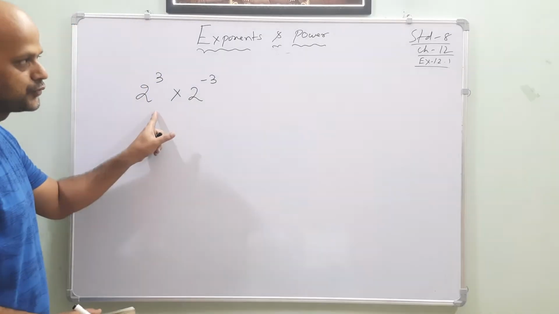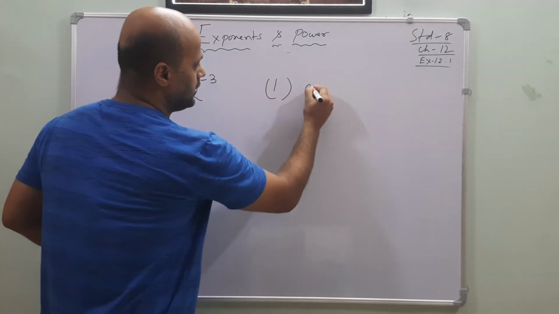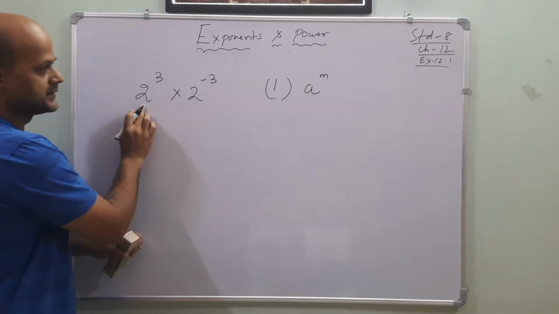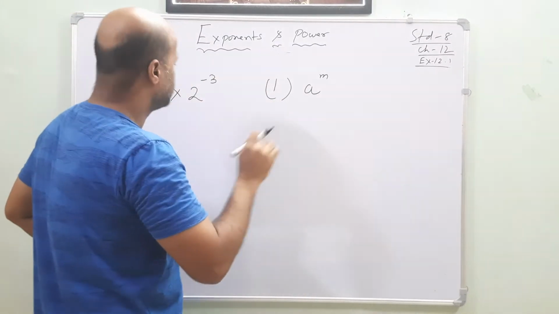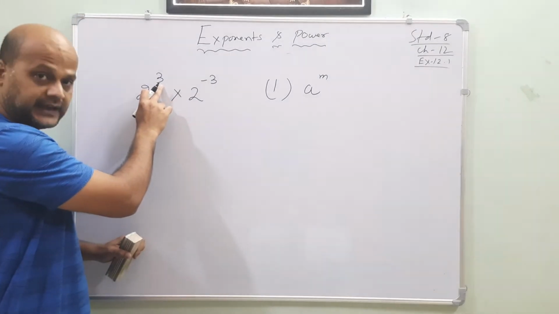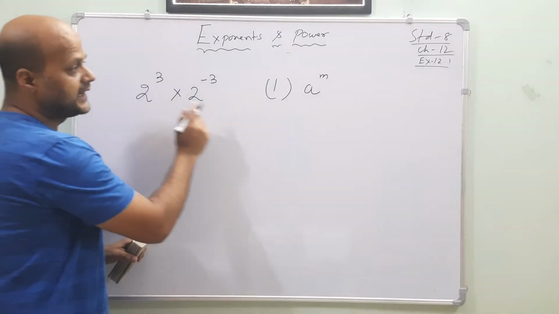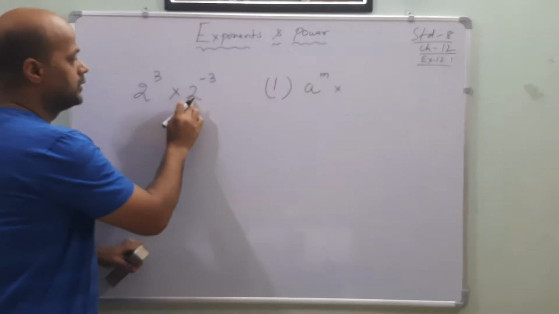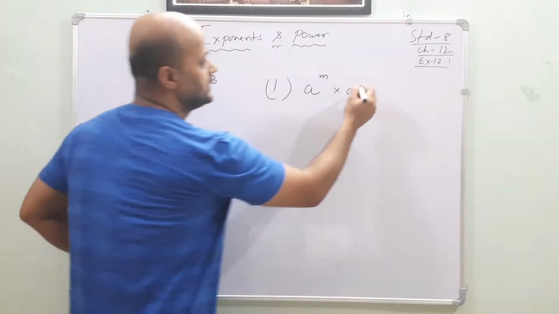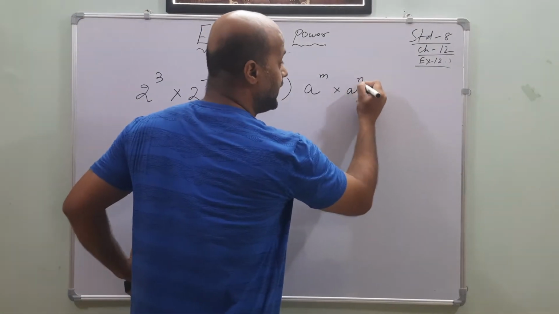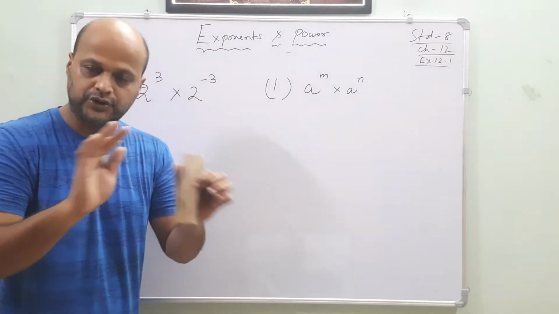Okay? To solve this one, there is a rule. The first rule is a to the power of m. A means base. Okay? M is the power or the exponent. Which exponent is it? Negative, positive exponent. Understood? Now a is the base. What next is there? Into 2 is the same here, so a will be as it is. Minus 3 is there, meaning n. The number is different. 3 is not the same. Plus 3 and minus 3, both of them are not the same.